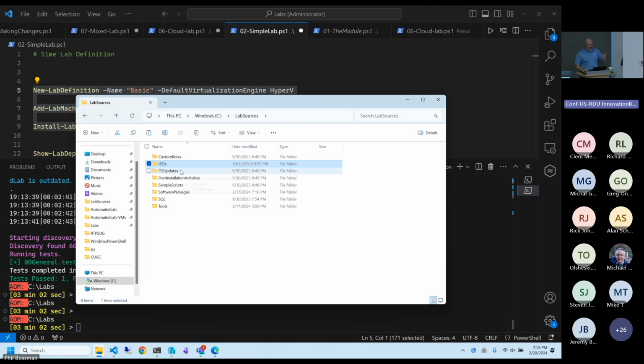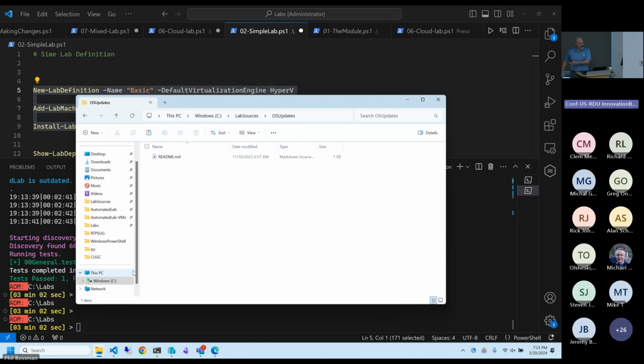Okay. So we talked about the idea with lab sources, and we'll quickly talk about some of that. If you're going to create Windows updates, you can give it some commands and slipstream your ISO. Say that's the ISO for Windows 10, but it's 3 years old and I want the latest version. Well, you can slipstream in